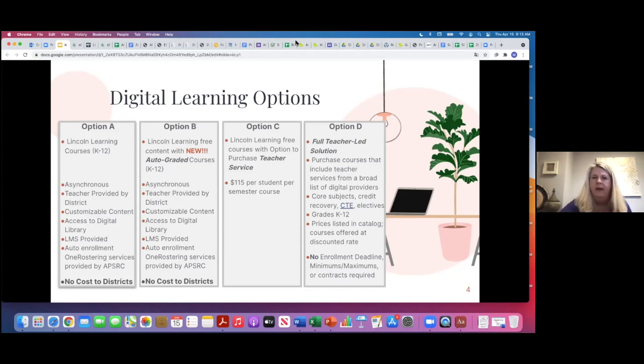It's a vendor that many of you are already familiar with, but we need to finalize that partnership before we release it. So that gives you options through APSRC to have access to an approved science of reading partner for digital curriculum needs in K2 as well as 3-6. Did that answer the question?